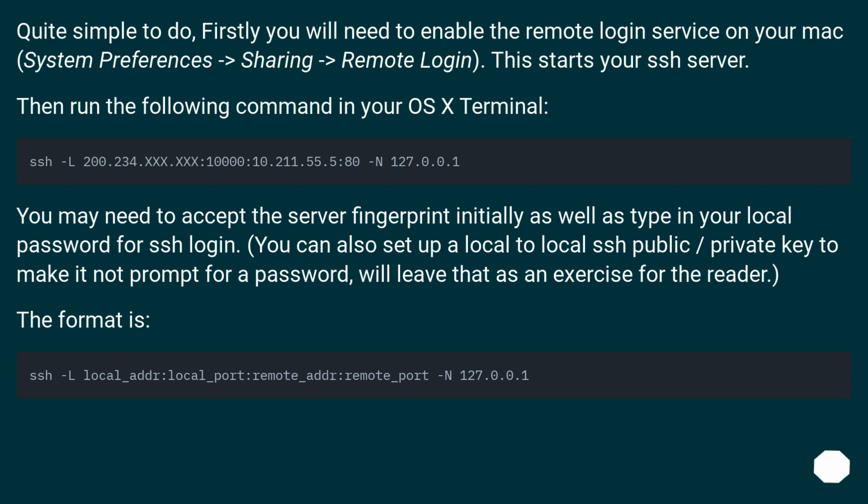You can also set up a local-to-local SSH public private key to make it not prompt for a password. We'll leave that as an exercise for the reader. The format is